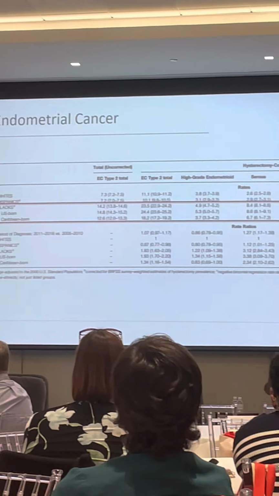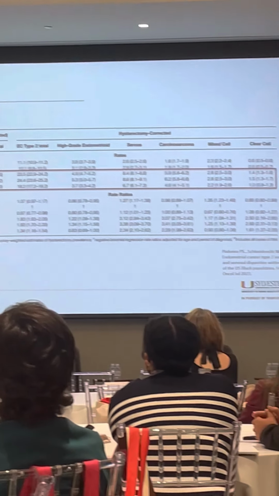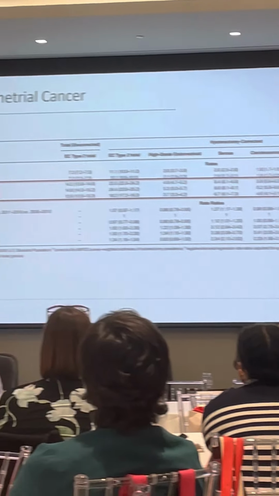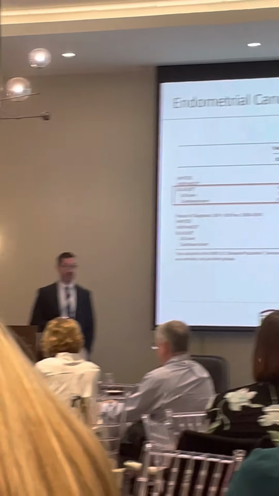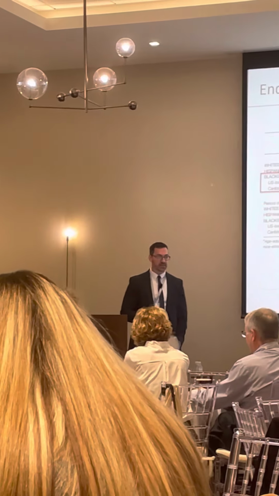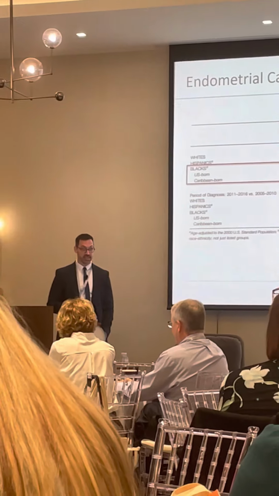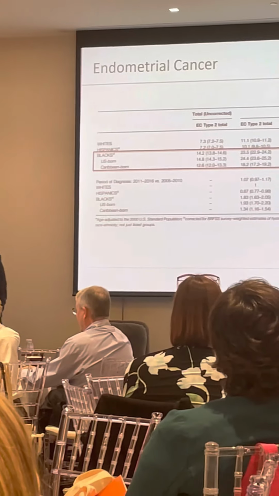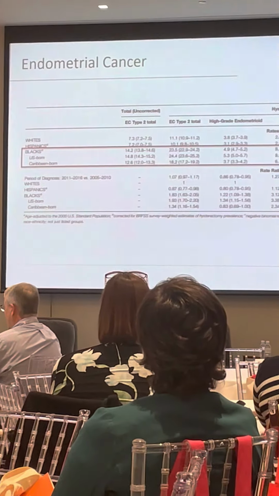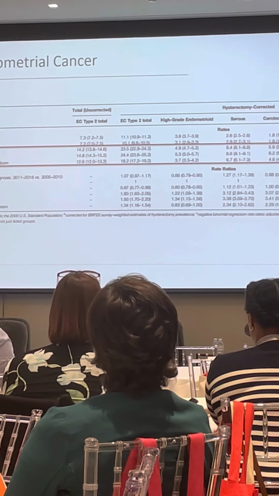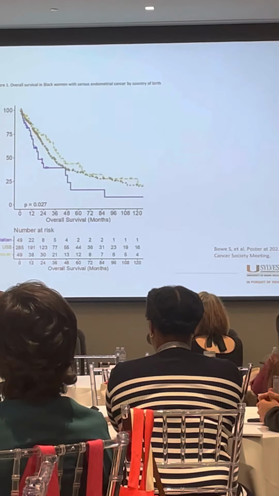And so why is that? Is there something in the tumor genome that is predisposing to a more aggressive type of cancer that we have yet to identify? We also can see in the second portion of this slide that there has been an increase in the risk across the board of these types of tumors over the last decade.